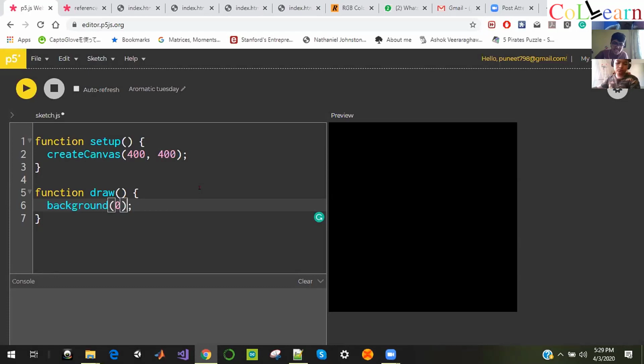It's only black. Yeah, it will only be black. It will not change in color. It will be black. It's okay. So if you change the color to 255, Paroma, you will see that the color will turn to white. The reason for it is that there are two colors, white and black. So 0 represents black and 255 represents white.